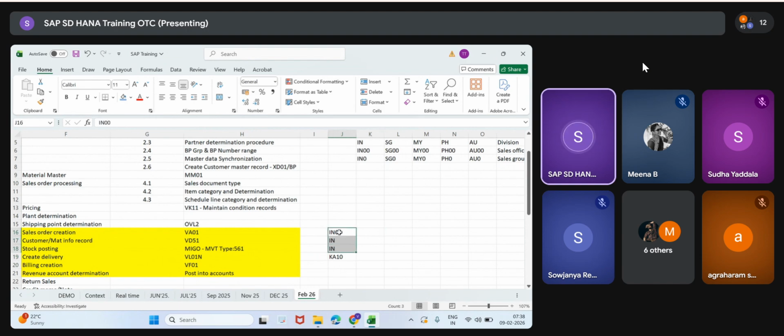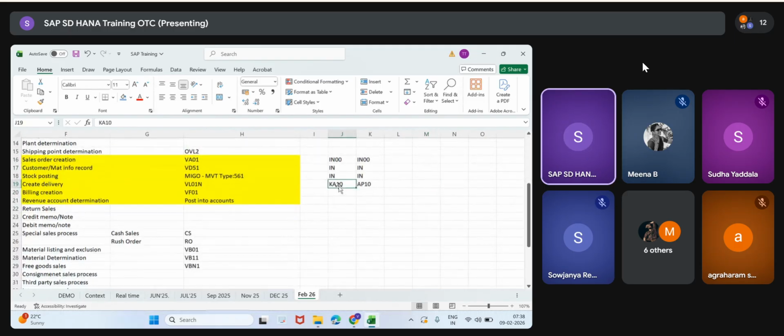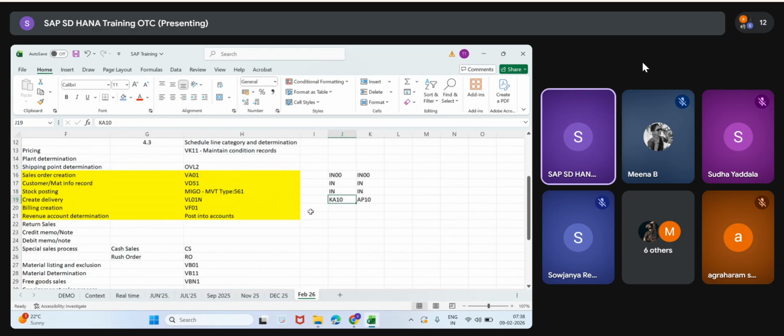One more they are creating, AP, like that. So India itself has Karnataka, Andhra, Telangana, Maharashtra. Some customers are located in Karnataka, so while creating the sales order they will use the Karnataka sales office.